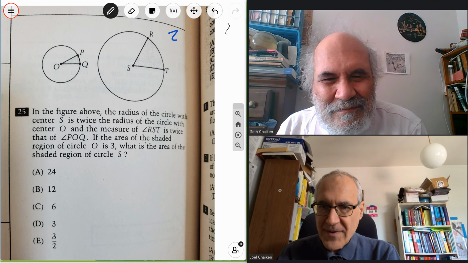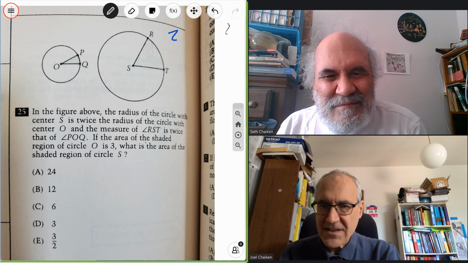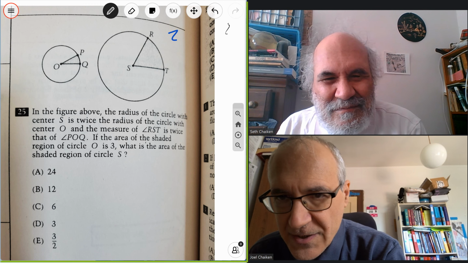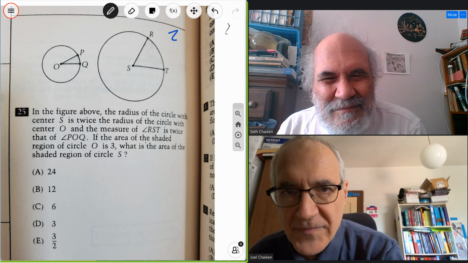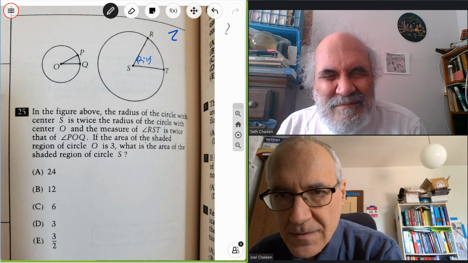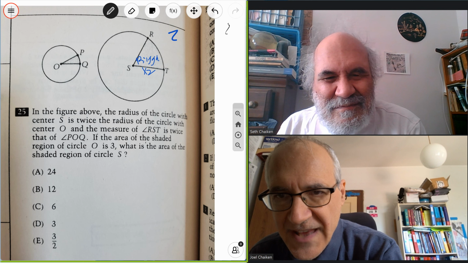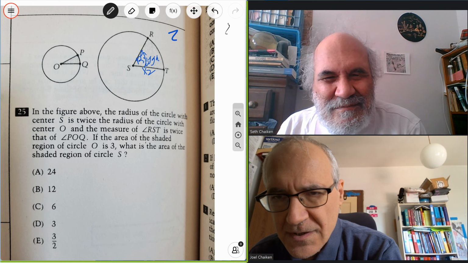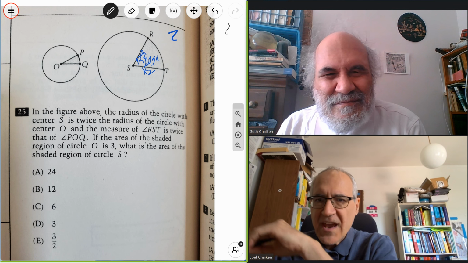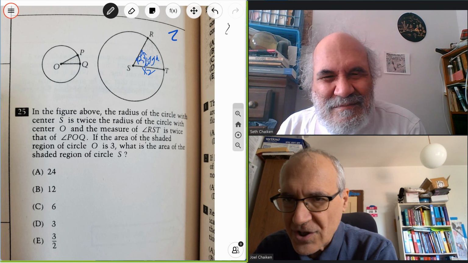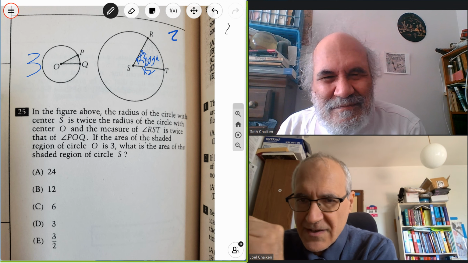Okay, in the figure above, the radius of the circle with center S is twice the radius of the circle with center O, and the measure of RST. So this one is bigger. The angle is bigger by 2. Okay. If the area of the shaded region of circle O is 3, then what is the area of the